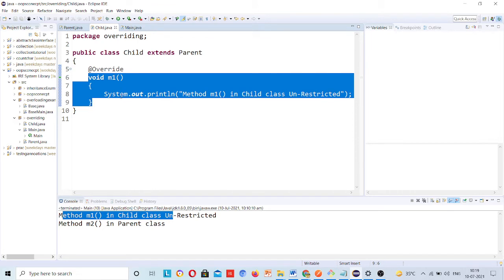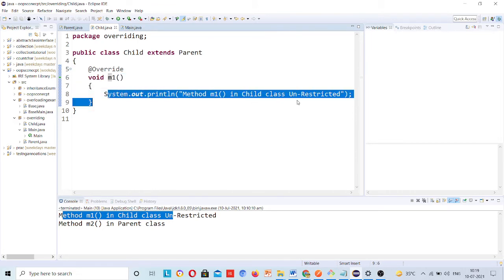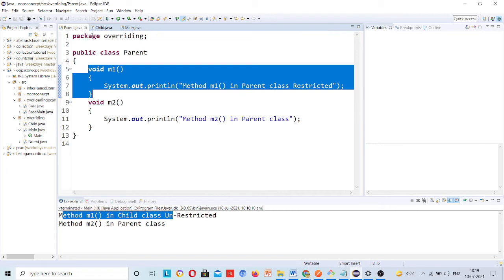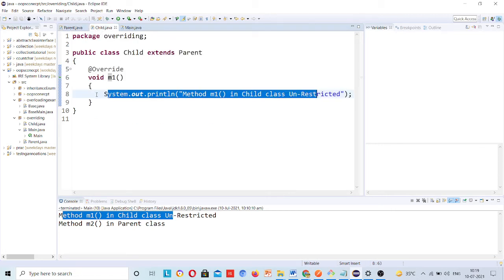Now you may say this is a single line of code, and there may be multiple lines of code. You can create a method which adds two numbers, and in the same method when you override, you multiply all those numbers to calculate the factorial. So that will be overriding. Here the agenda is not to write multiple lines of code, the agenda is just to make you understand the concept.